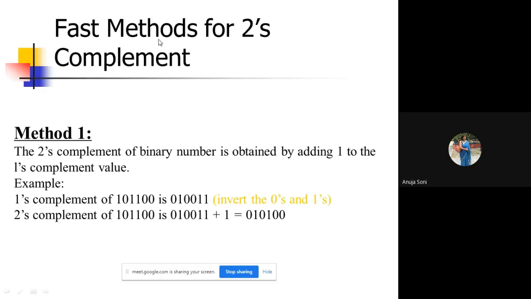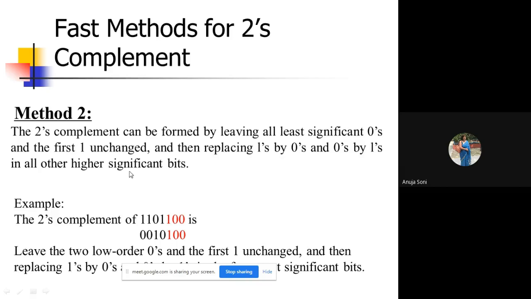We were discussing the ways to find out the 2's complement. The first method we had already discussed. We had taken the 1's complement, and added the value 1 in the 1's complement in order to find out the 2's complement. Similarly, we talked about method 2, how we found the value of the 2's complement. You can view in the red digits that we started scanning the number from the extreme right hand side. As and when the very first one was met, till that point we had copied the number as such, and afterwards we had inverted all digits, 1 by 0, 0 by 1, 1 by 0, 1 by 0, in order to get the final value of the 2's complement. So that was the way that we obtained the value of the 2's complement.